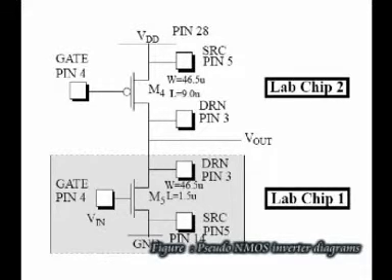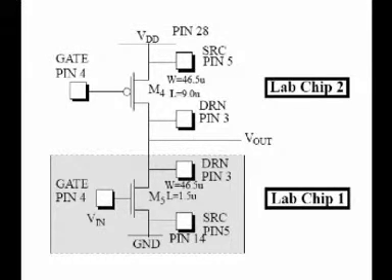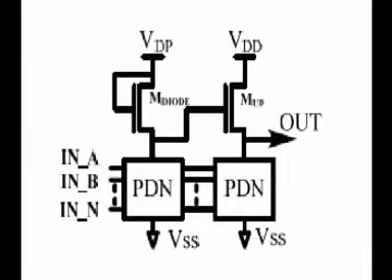Flexible electronics has emerged as a new era for applications such as RFID, smart cards, smart sensors, and flexible displays. The key advantage of flexible electronics compared with silicon technology is the low-cost process and inexpensive, flexible substrates. The prototype of a pseudo CMOS logic gate is shown in the figure, where PDN represents the pull-down network. This can be used to build fundamental blocks such as NAND, NOR, and flip-flops.